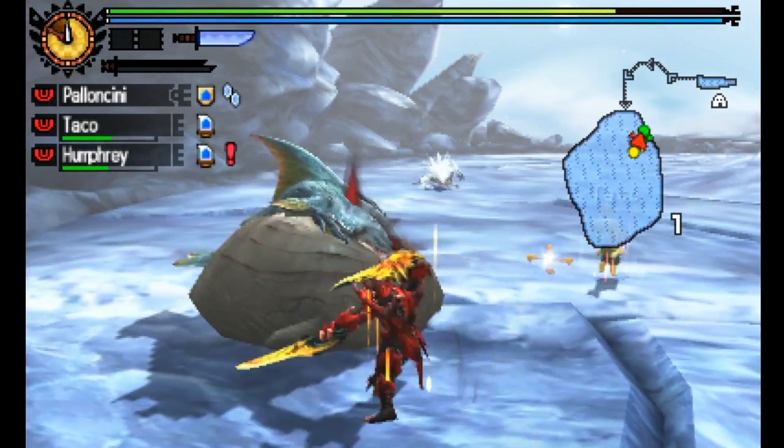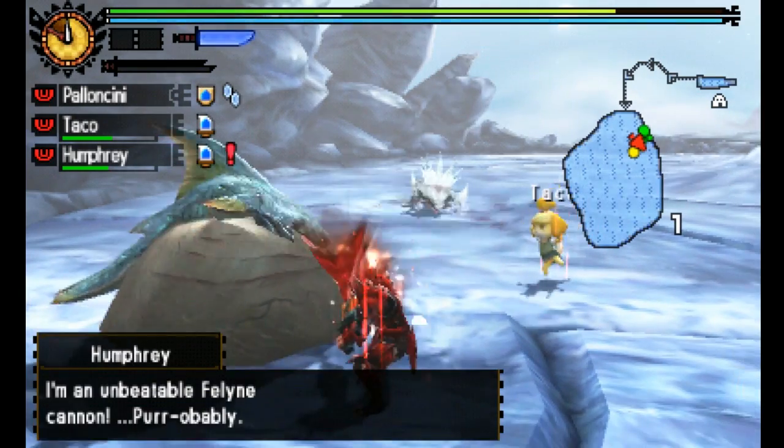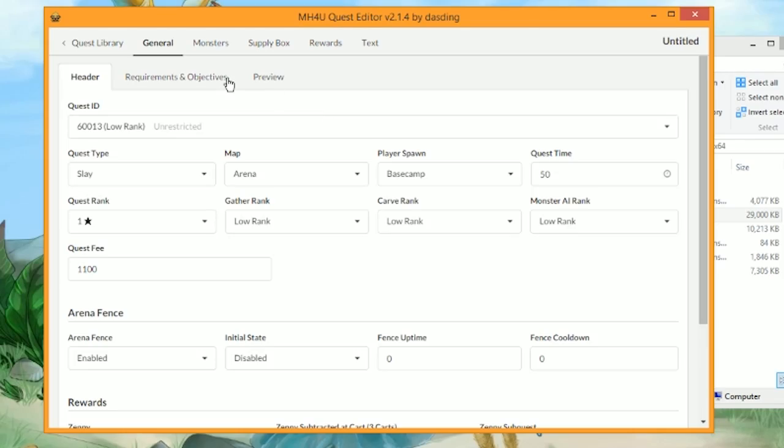Wish you could fight a tiny Zamtrios? Yeah, me too. That's why today I'm going to show you how to do just that with a little program called MH4U Quest Editor. A huge thanks to Dasting and everyone involved with making this software because it's really remarkable